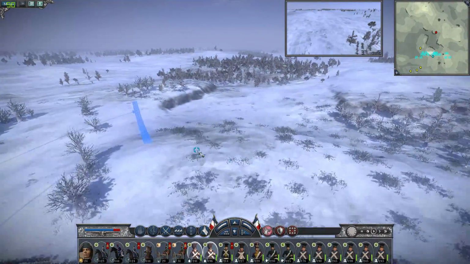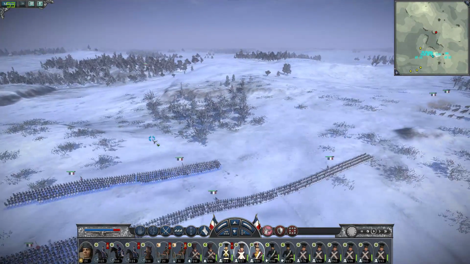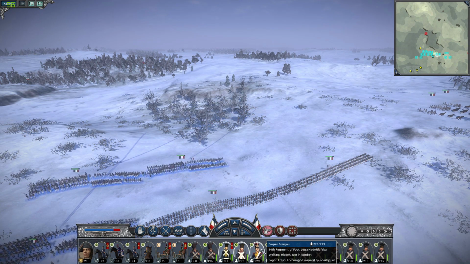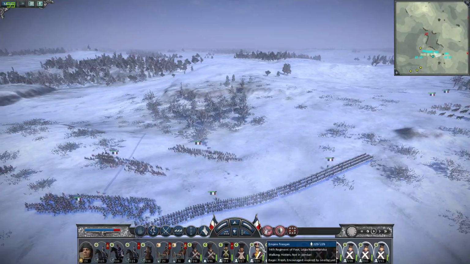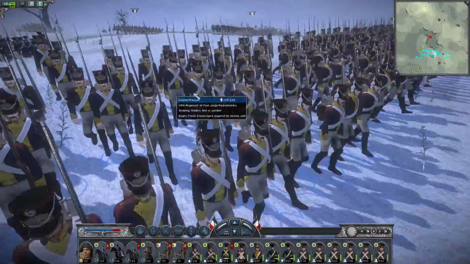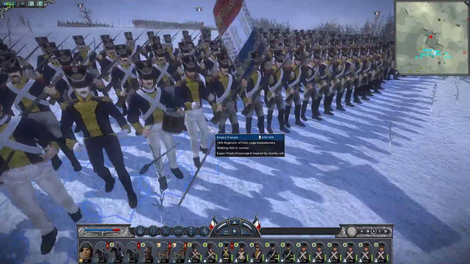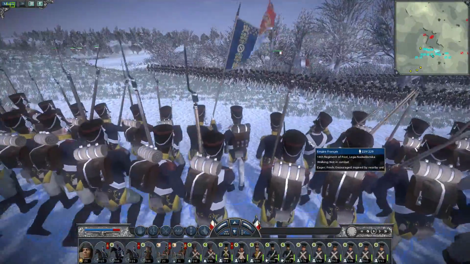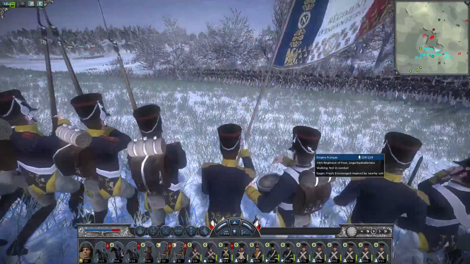The light guys move up. The guards move into position. The guard units... actually, one of these wasn't a guard unit. The 14th foot is not a guard unit, but it doesn't go with the guards either, it's sort of a special looking unit. It's a special looking uniform. I'm not entirely sure what the significance of this unit is. Maybe...